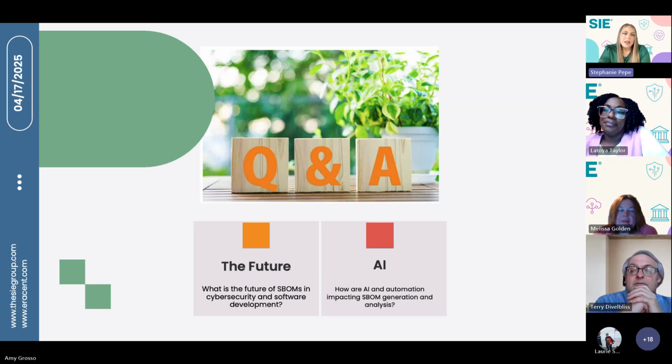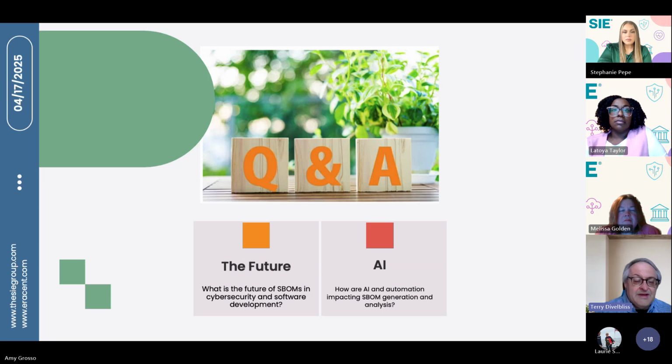How are AI and automation impacting SBOM generation and analysis? So AI and automation, as with anything, the goal is to bring in accuracy, efficiency, and then to make things actionable: to take steps, to automate workflows, to automate mitigation and other actions that you have. The machine learning algorithms are out there. They can help detect any anomalies. They can help map dependencies and correlate any vulnerable